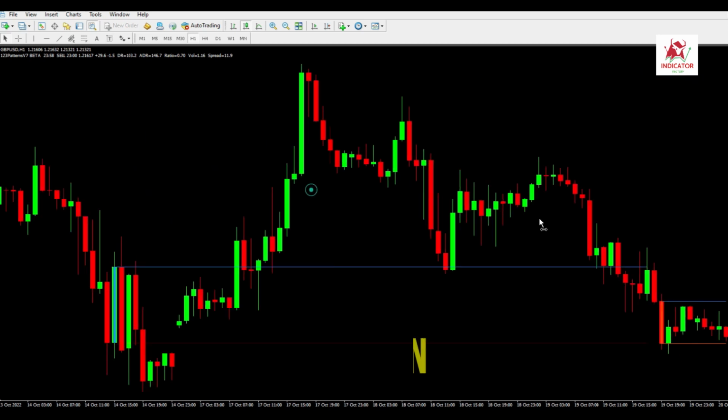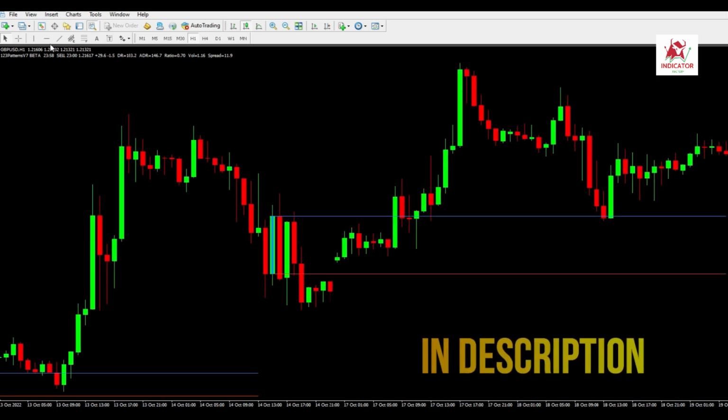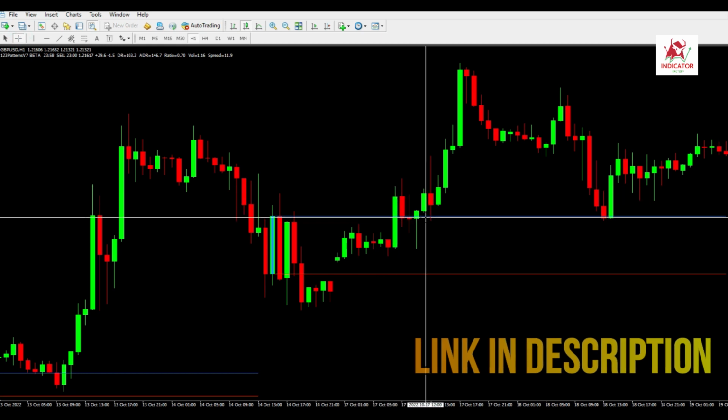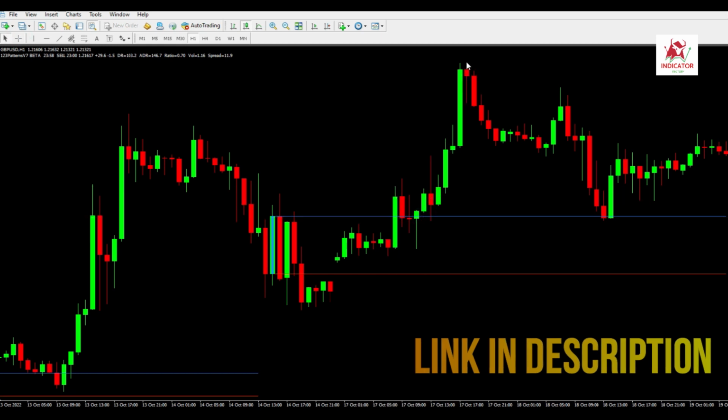Conclusion: the 123 Forex Patterns is the best MT4 indicator for identifying highly probable trend following trade setups based on recent price actions. This tool makes it easier